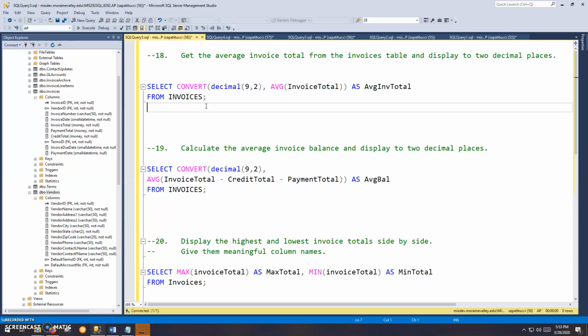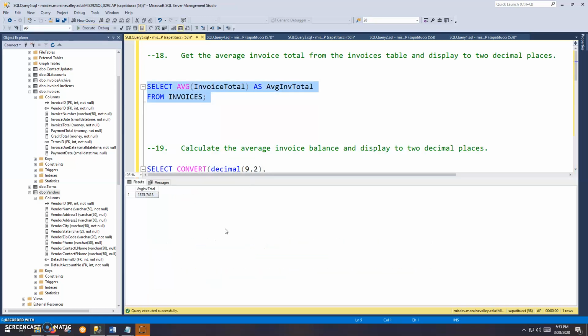So number 18 here says, get an average invoice total from the invoices table and display that to 2 decimal places. I think it would have been easy enough without the 2 decimals thing, but basically using my AVG aggregate function to get an average of the invoice total. And I'm giving it a nice meaningful column name that's coming from the invoices table. I'm going to run that real quick. So apparently the average is about